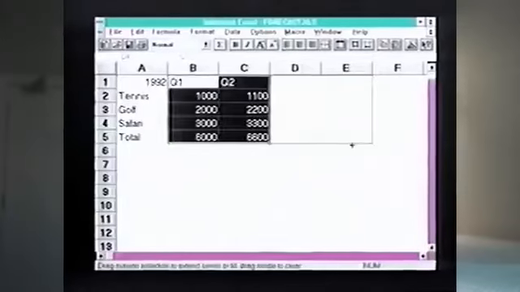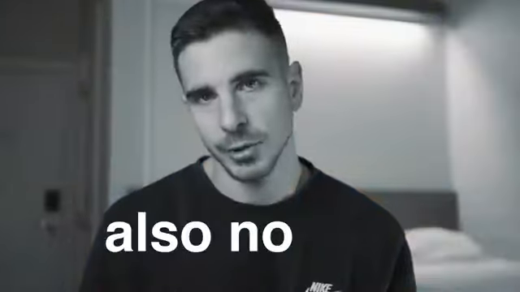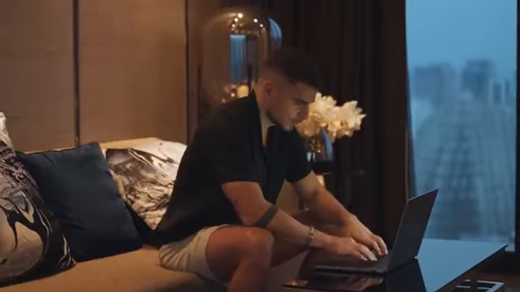I personally started off with Excel. Is that the best tool there is for data analysis? No. If I could go back in time, would I have started with something else? Also no, because apparently getting good at Excel was enough for my first data analysis job. And I personally recommend every single data analyst to start off with Excel.